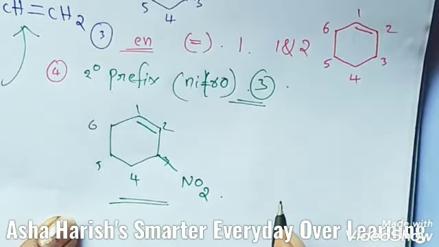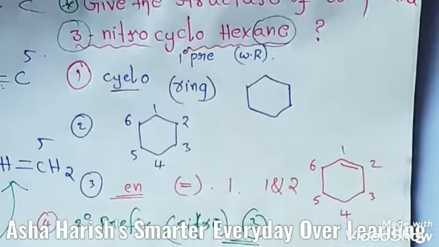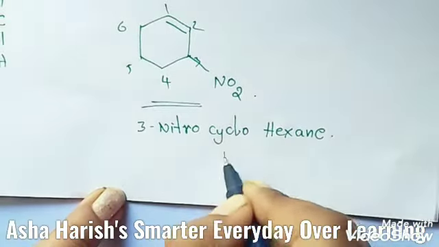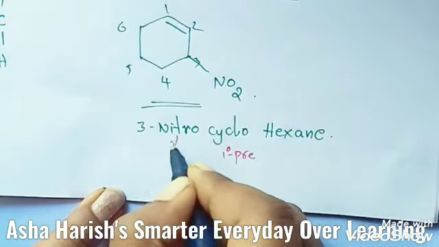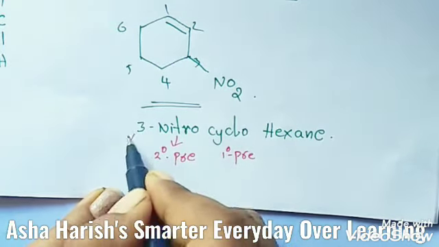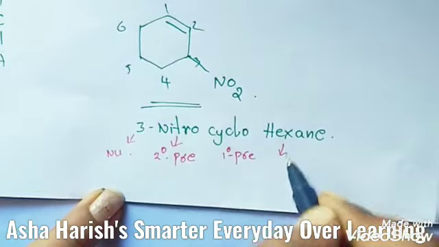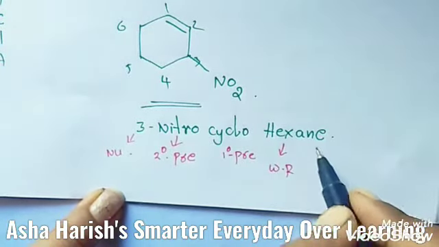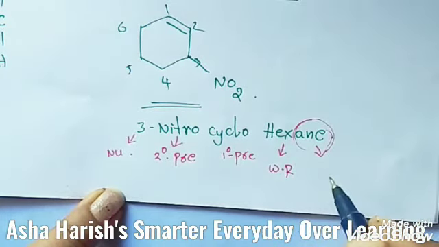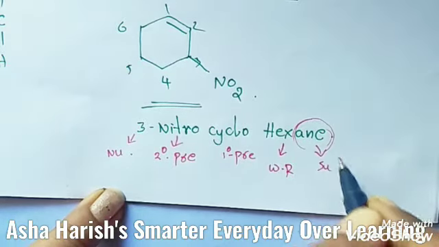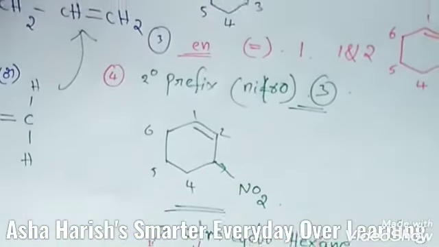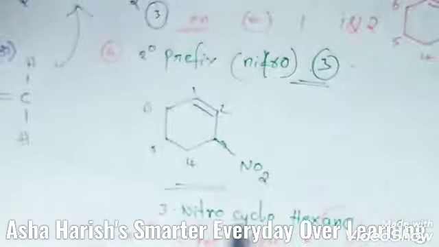So this represents the complete structure of 3-nitrocyclohexene. Here cyclo is the primary prefix, nitro is the secondary prefix. Here 3 is the numerical prefix. Here hex is the word root, nothing but the root word, and this is the suffix, whether it is alkane or alkene, just like that, the primary suffix. So the final structure should be like this, 3-nitrocyclohexene. Okay,